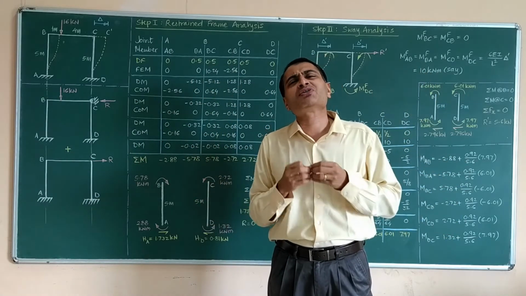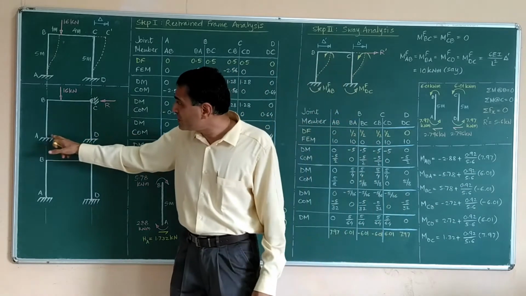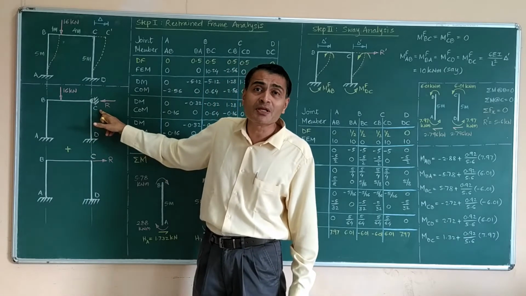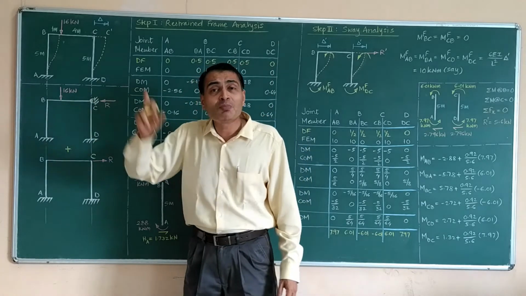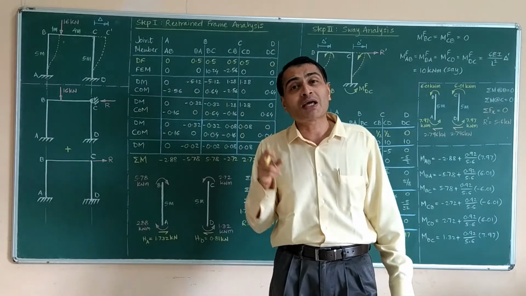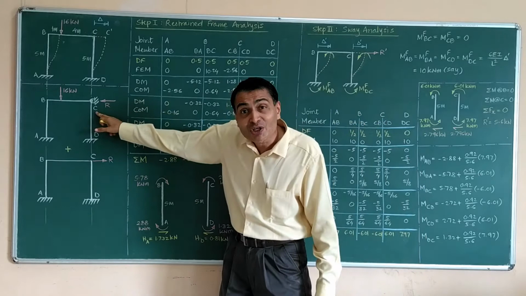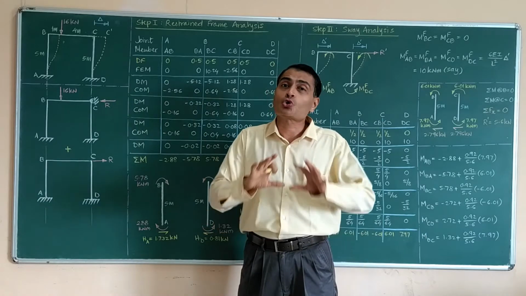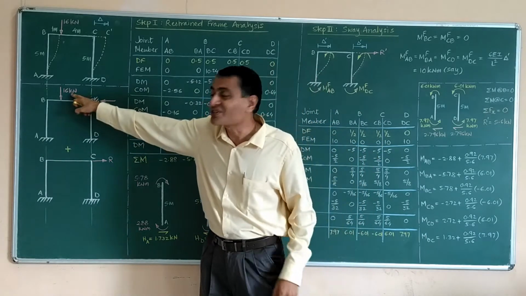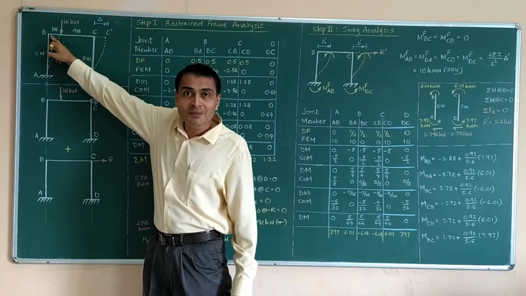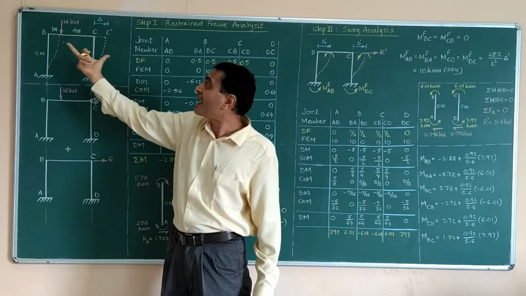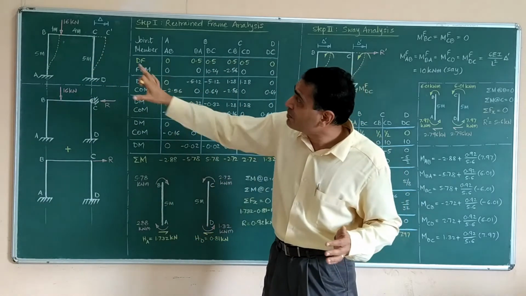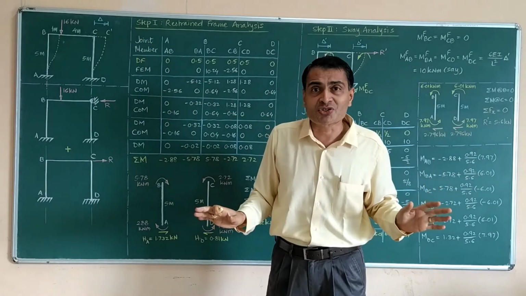And as I said, we have done this n number of times. Fixed end moment for MF AB, MF BA will be 0, MF DC, MF CD will be 0, MF BC will be calculated as P a b squared upon L square, and MF CB will be calculated as P a square b upon L square. So those fixed end moments, using P as 16 kilonewtons, small a as 1 meter, small b as 4 meters and total span as 5 meters, you can easily calculate. Other members do not have any fixed end moments.